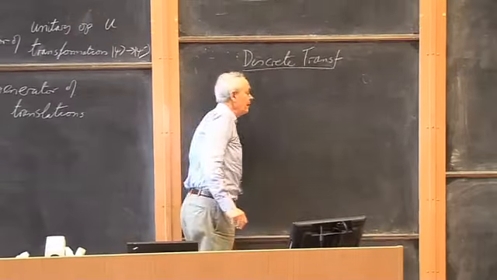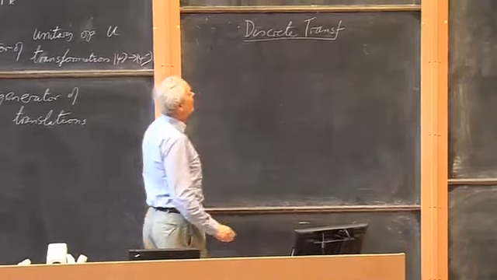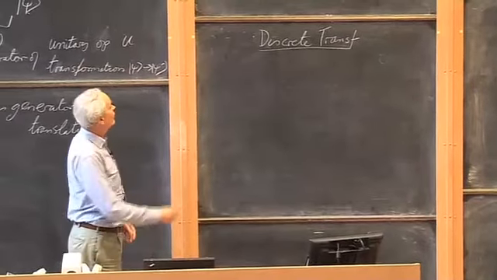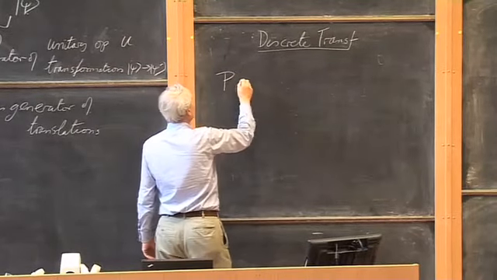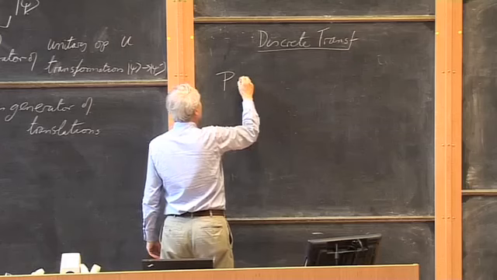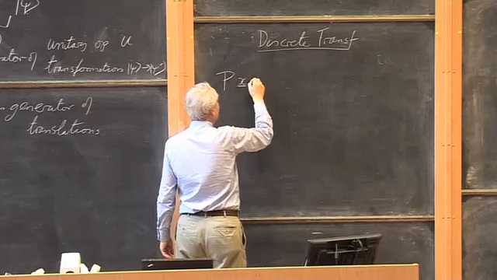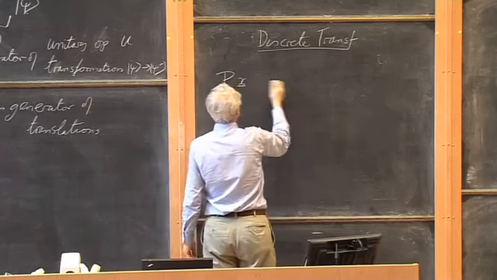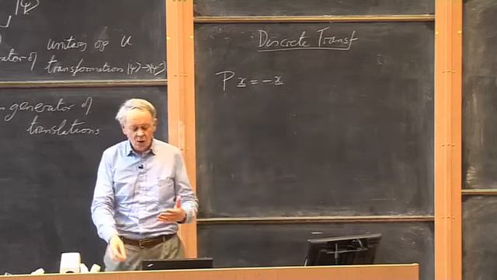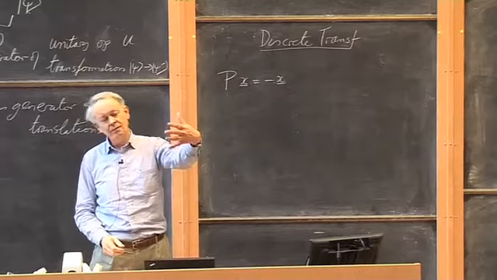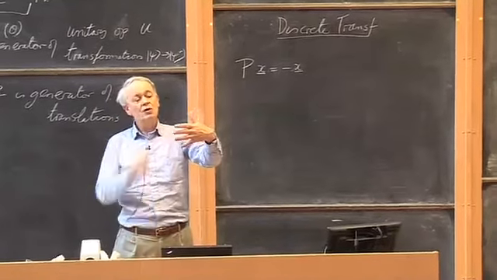And the classic example is the parity or reflection operator. So if I have an ordinary vector, then P turns the position vector x into minus x. There is a transformation you can make where you start with a thing and you choose a point,